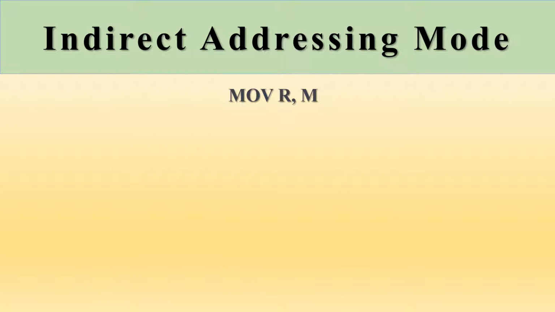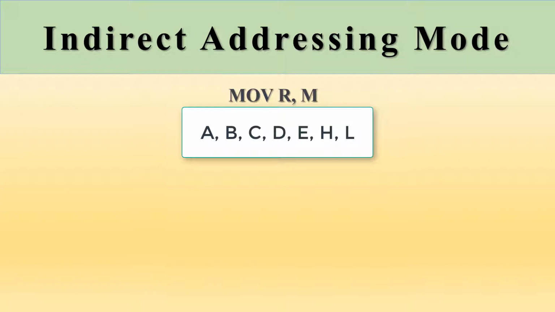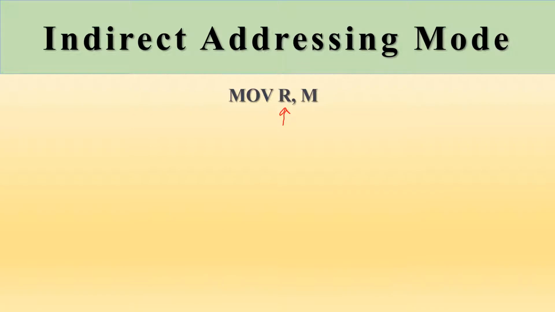So let us understand this instruction. Move the value of memory to the specified register. So you can specify any register over here. You can specify A, B, C, D, E, H, L, whatever register you want, and the content of memory is to be transferred into this register. Which memory location is the question which will always arise, and therefore we have to specify this address in some register pair. So when we talk about the MOV R, M, then you find that the address is always specified in HL pair.